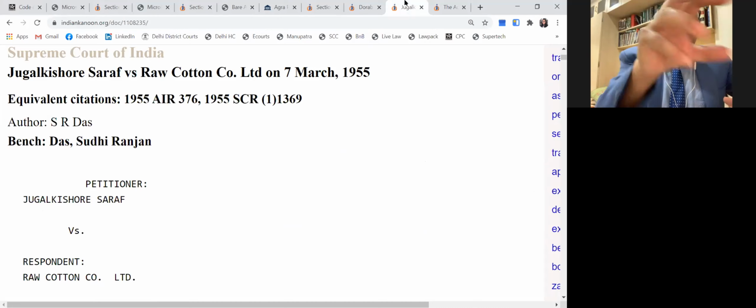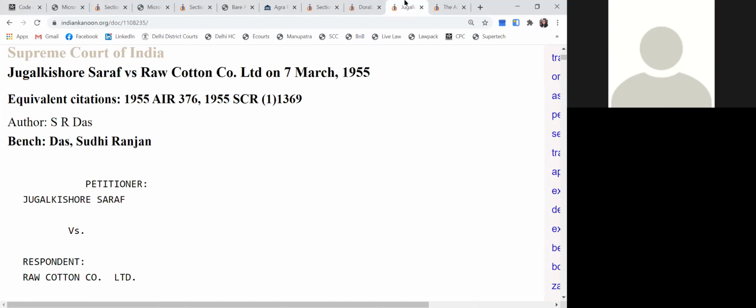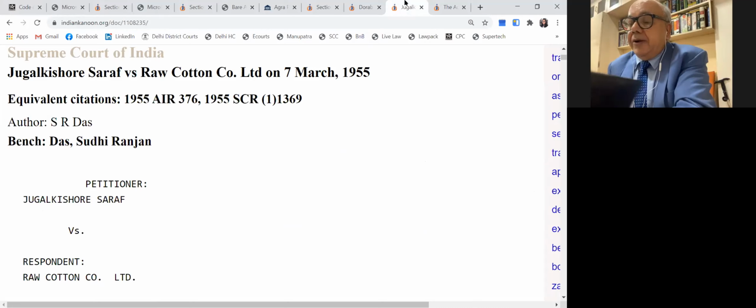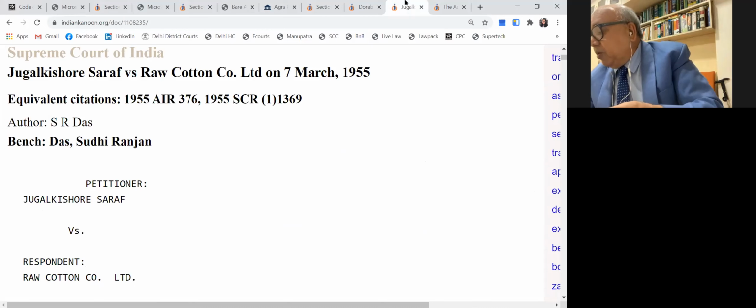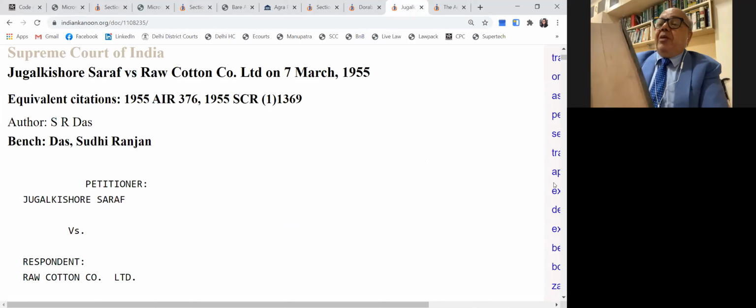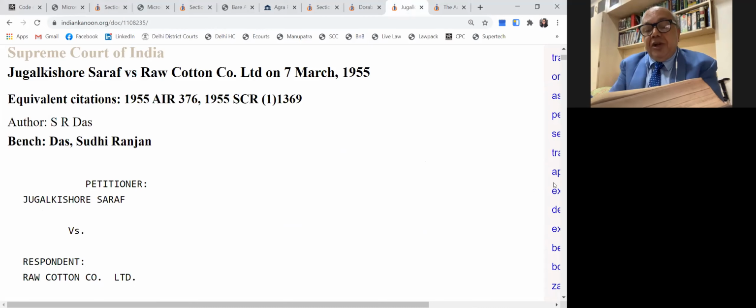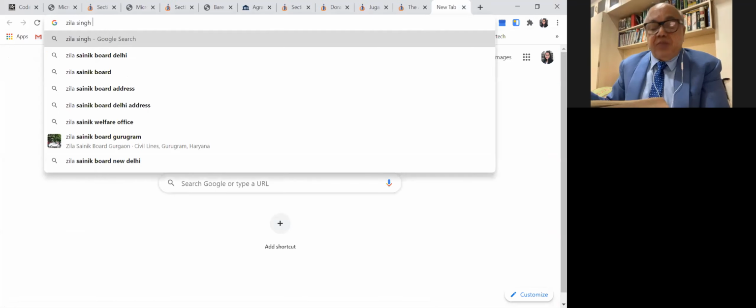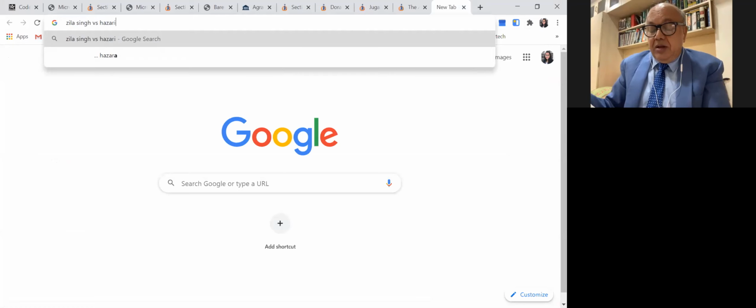Jagal Kishore case, please read this judgment. And also another judgment of the Supreme Court on whether a preemption decree, that is also to be read, 1979, page number 1066, Zila Singh versus Hazari's case. How the preemption decree was transferred. That is